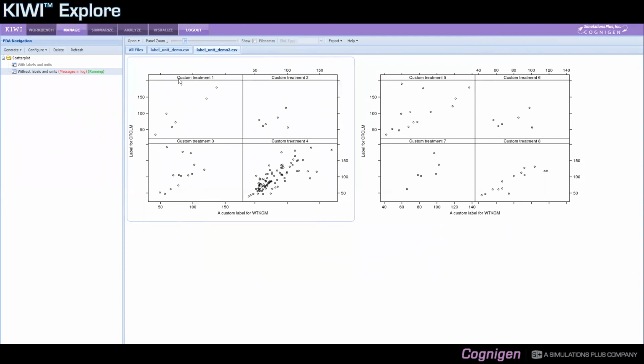So this gives you an introduction and a good overview of the use of labels and units in EDA plot. If you have any question, let us know